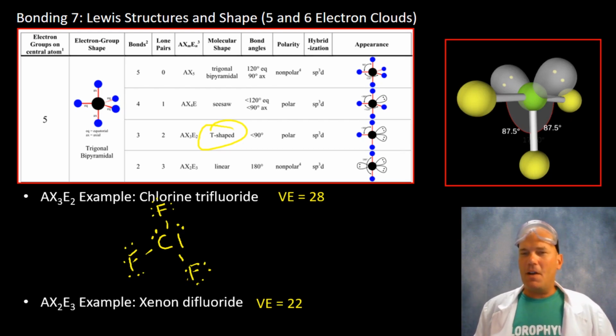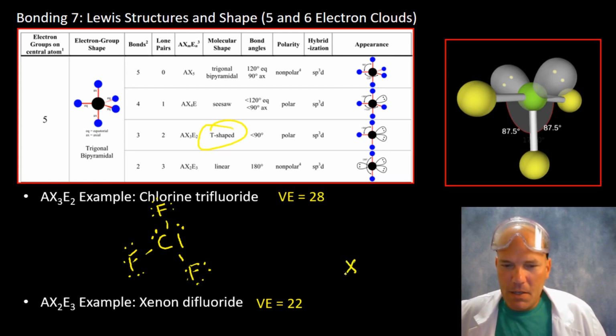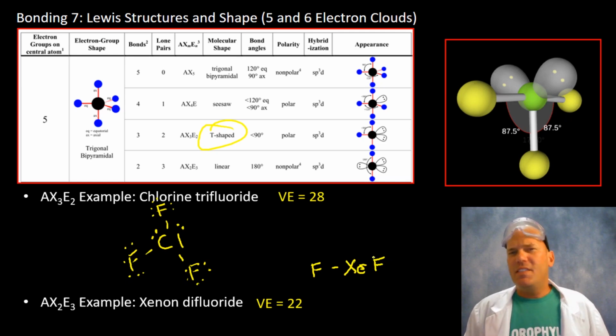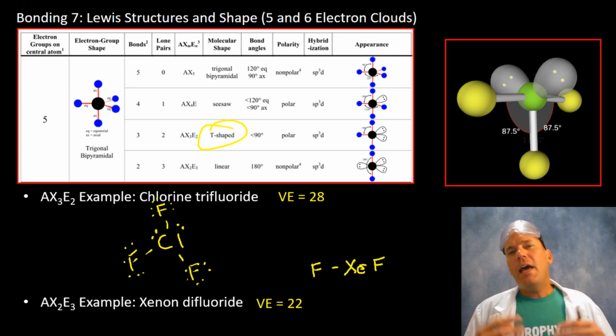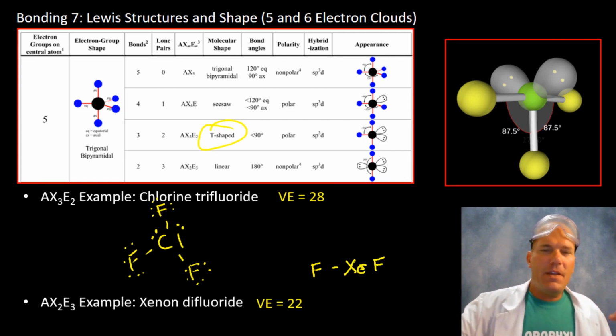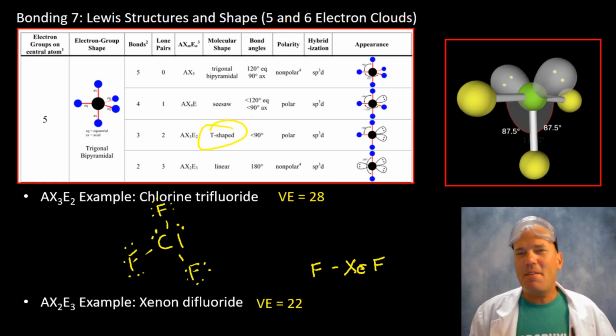Xenon Difluoride. Okay, this is a pretty cool example. And at this point, you might be saying, xenon? Really? I thought it was a noble gas and it did not bond. At very high temperatures and under certain conditions, some of the noble gases lower in the group actually can be forced into forming bonds, and this is an example of that with our xenon